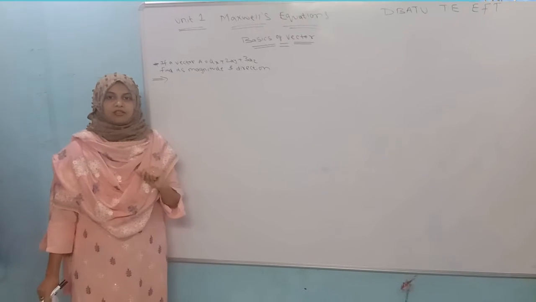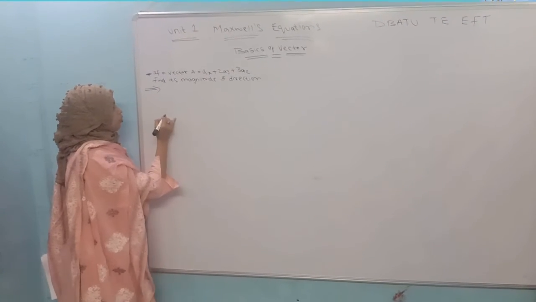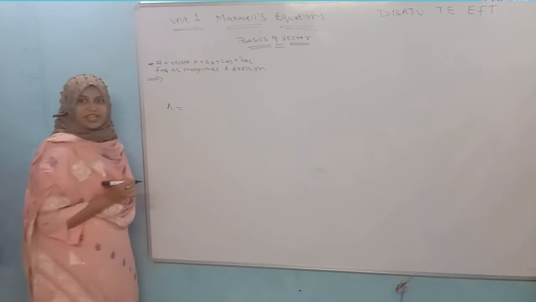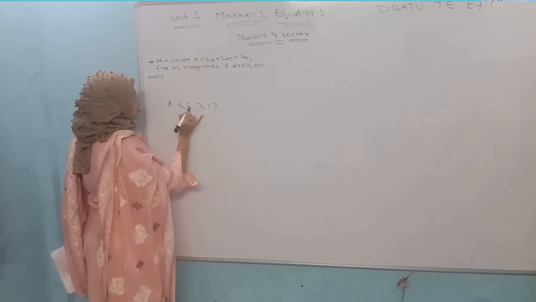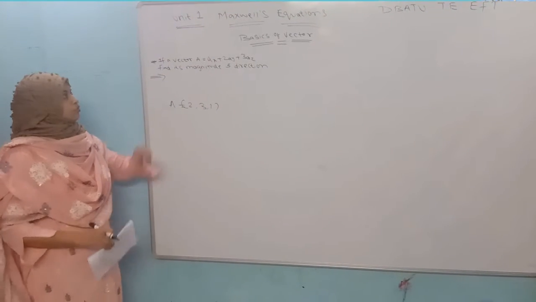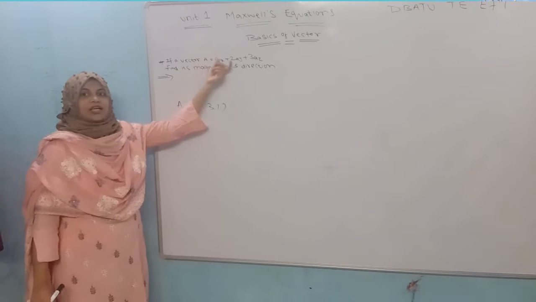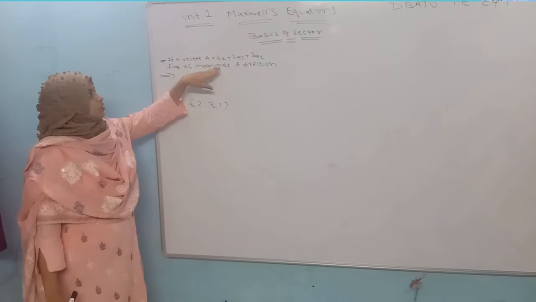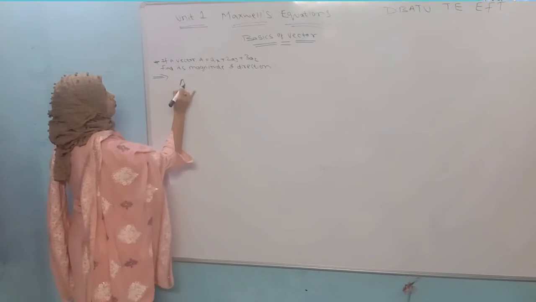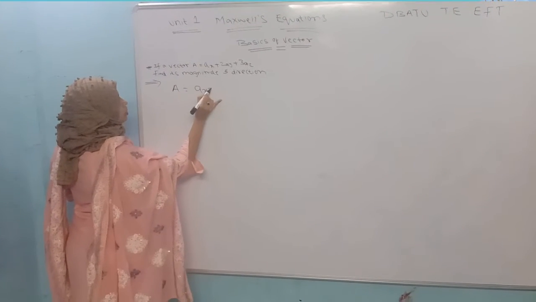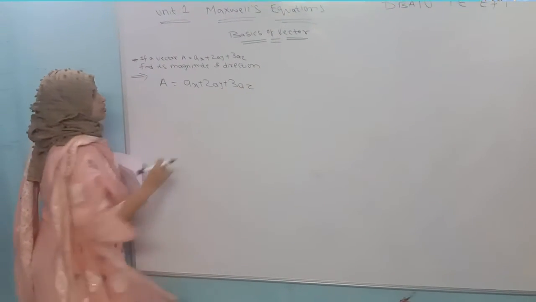In the last lecture, what we have observed? In the last lecture, we have observed the points were given. The vector was A and the points were given. That is a 2, 3 or 1, whatever. But if you go through this numerical, here the equation is mentioned. A is your vector and the equation is mentioned. What is that equation? The A is equals to ax plus 2ay plus 3az.